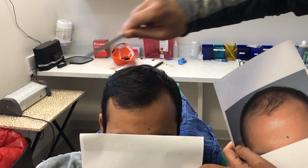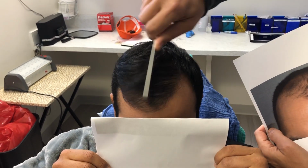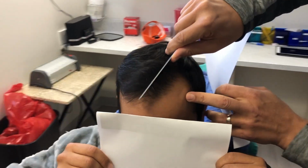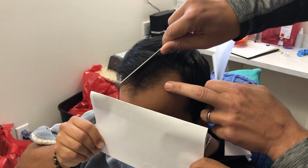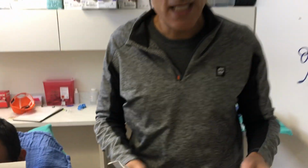You can see he got some really nice density. Put your head down just a bit, and you see how much coverage we were able to get for him. This was all achieved in one procedure, and most importantly, it really looks natural and nice and feathered in. His donor area came from the back, a little bit on the sides, with a partial shave, which means